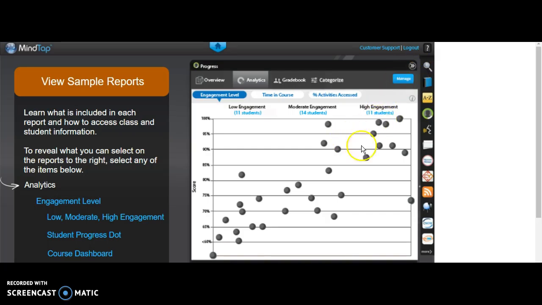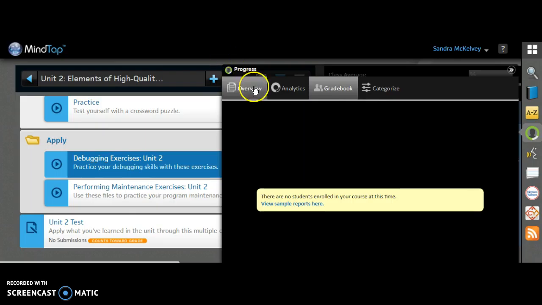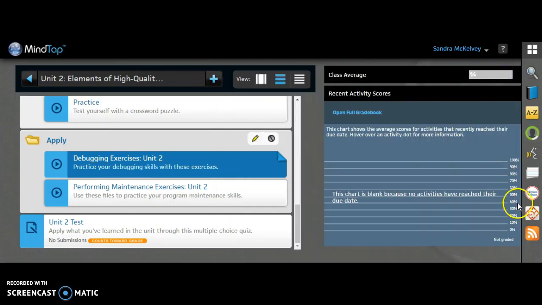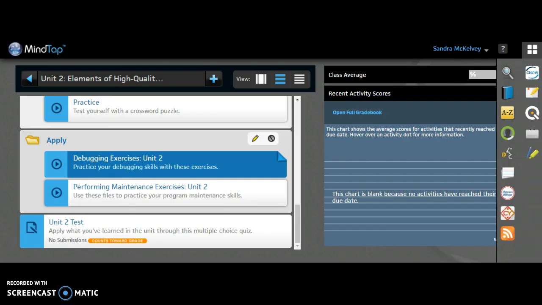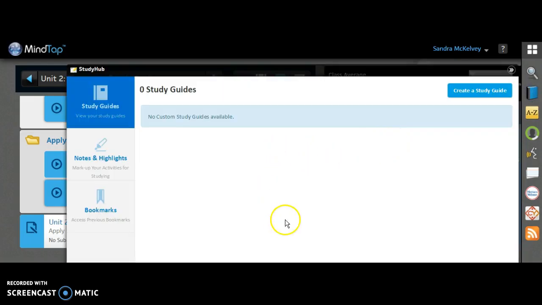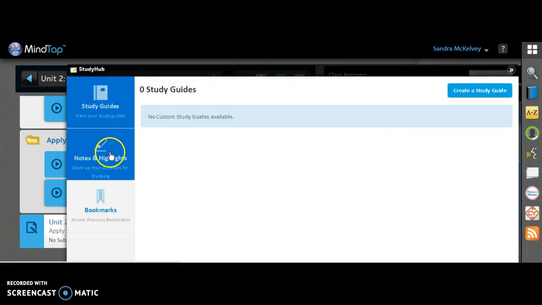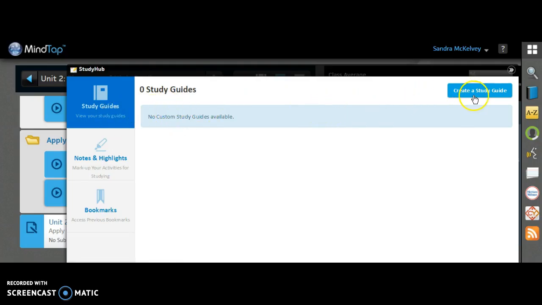So I'm going to close out of this, go back into MindTap, and one other thing I forgot to mention is within the book, students are able to take notes and highlight and things like that, and it will go into their study hub. So any highlights and notes right here. They can also create their own study guide,